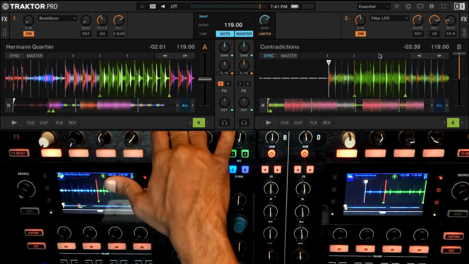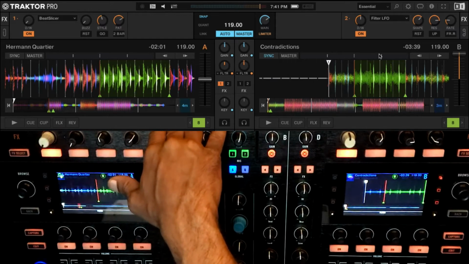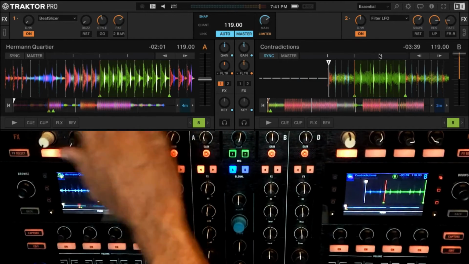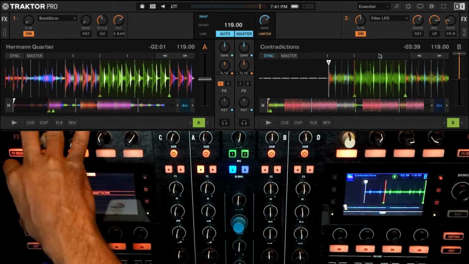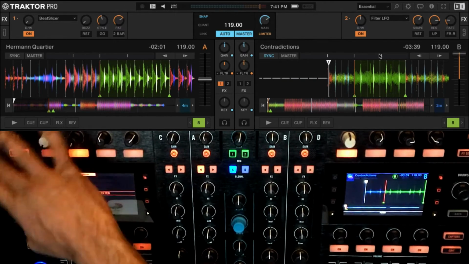I'm going to show you a few practical uses of all of these effects once we finish, where we start combining them and using them in context. Right now, although it's interesting, it might also be a little dull. We're just doing effects on the same track.